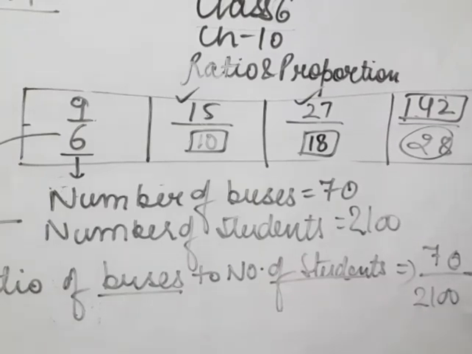So if you look over here, numerator and denominator both are divisible by the table of 70. दोनों ही 70 के टेबल से डिवाइड हो सकते हैं. 70 और 70 को डिवाइड करोगे you will get 1 upon. If you divide this number, what you are going to get? 30. So what is the ratio of bus to the student? 1:30. So this you have to do in your notebook, and we have completed till question number 6 in this class.